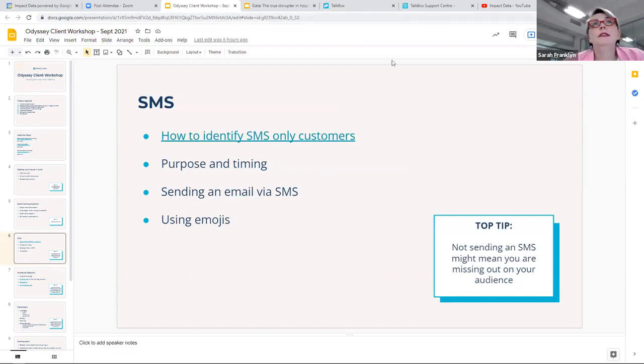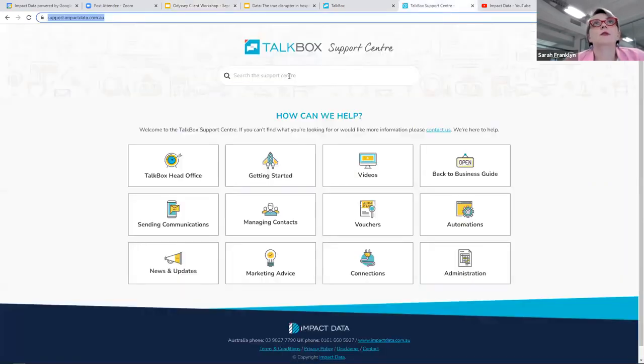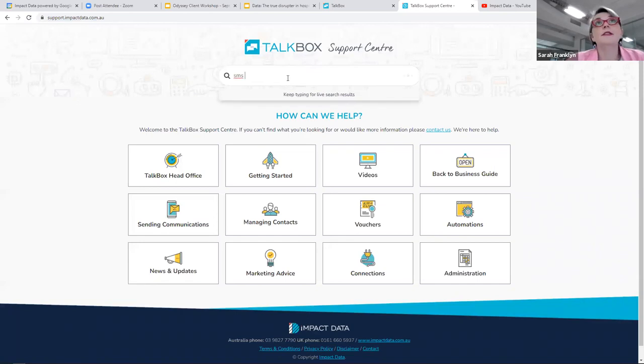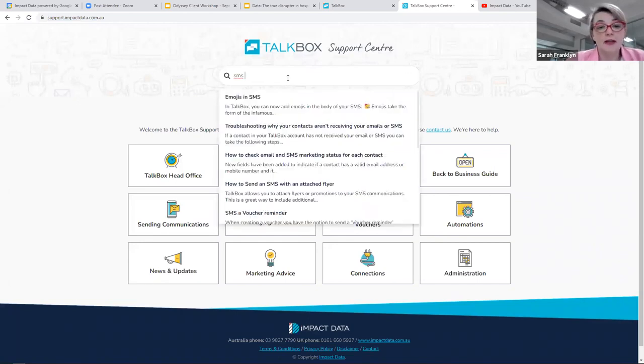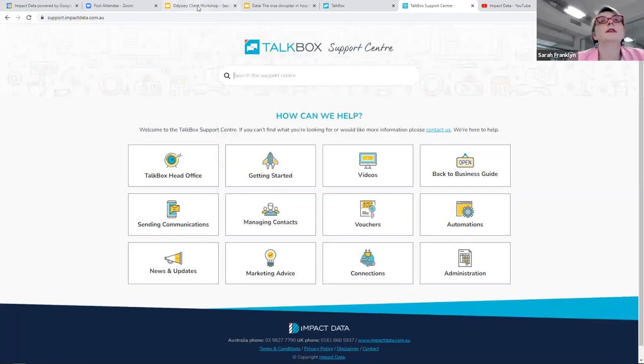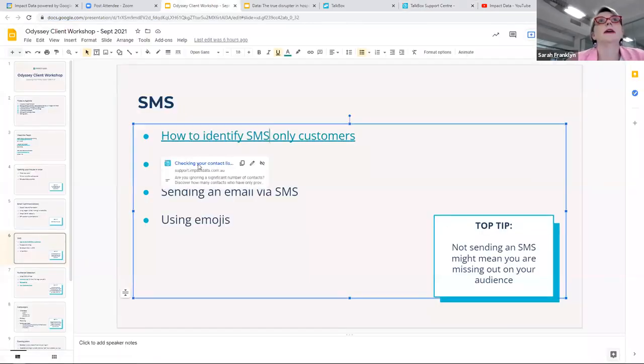My other tip is identifying SMS customers, which I said I would show you how to do. So this is our support center. If you haven't encountered it, then you should, because there's a heap of really good information in here.